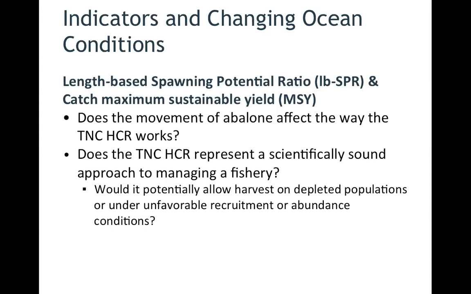I don't know if that clarifies, but the length-based SPR is not actually setting a catch limit. It's creating a measure of stock status that is then used to help indicate whether you should adjust, whether it be catches or effort. You can adjust bag limits and other things like that as well,